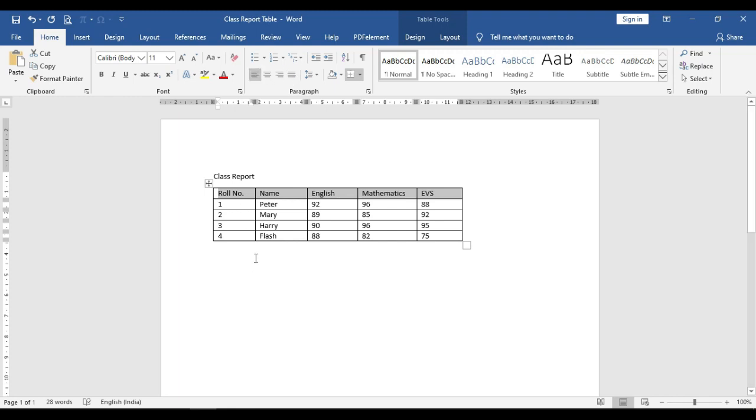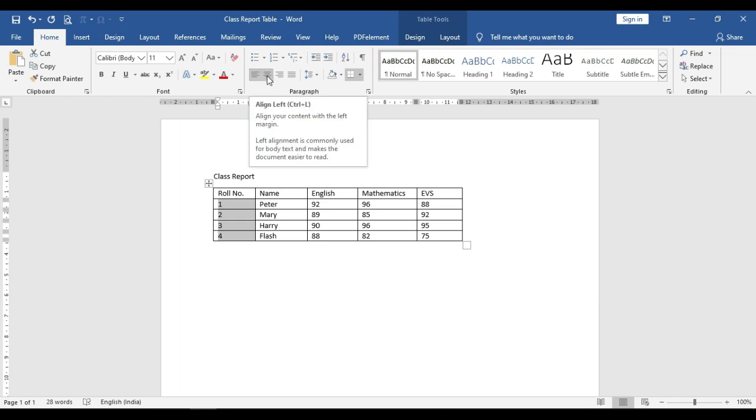Let's check it again. To change the alignment of a text within a table, just select the cell or the group of cells that you want to align. So I am just selecting this cell, and after that click on the desired option available in the paragraph tab. These are left align, center align, right align and justified.